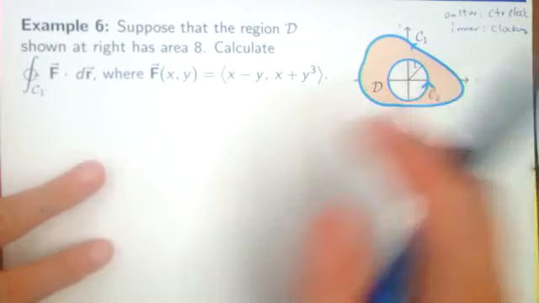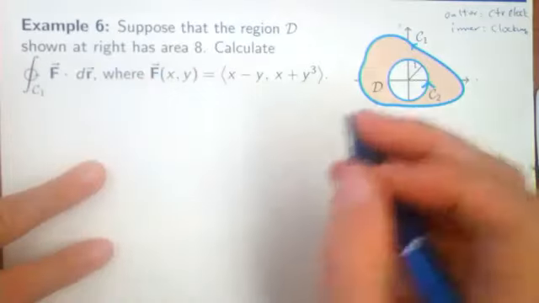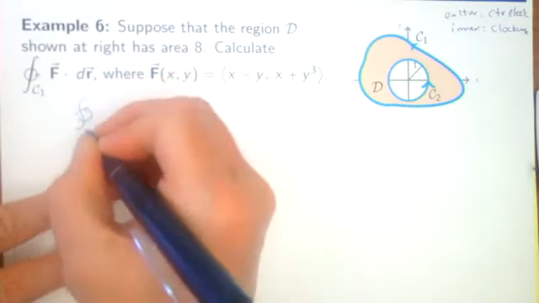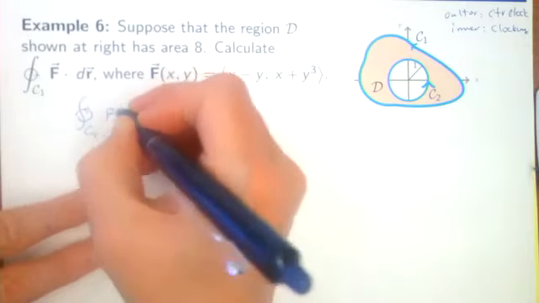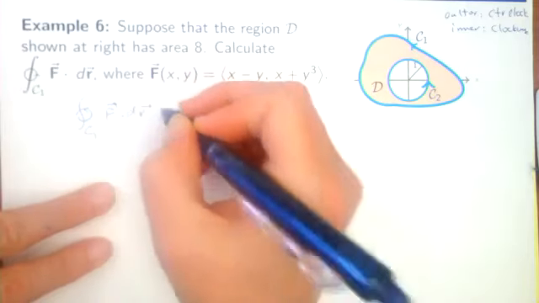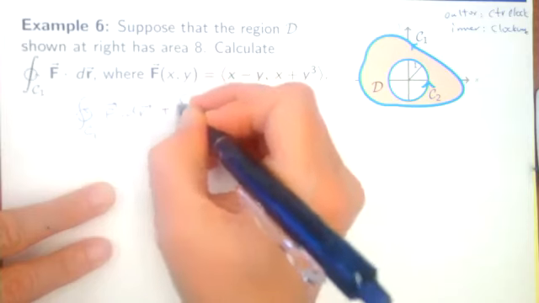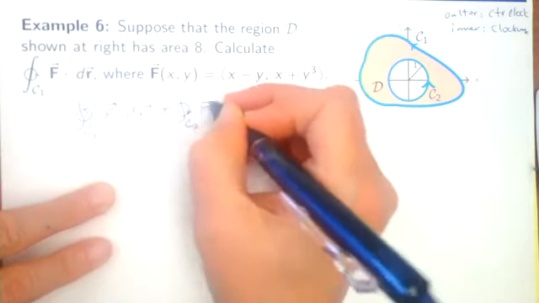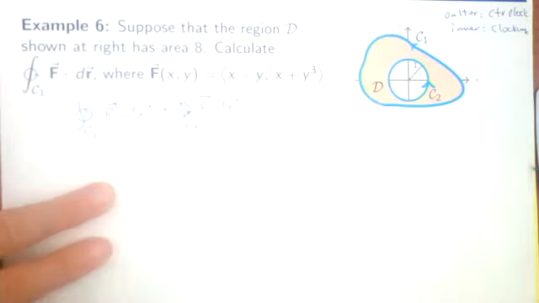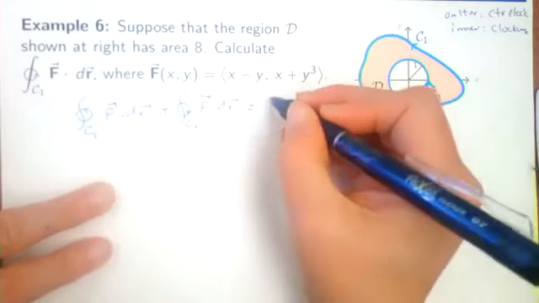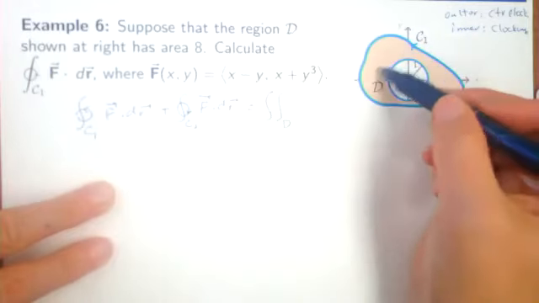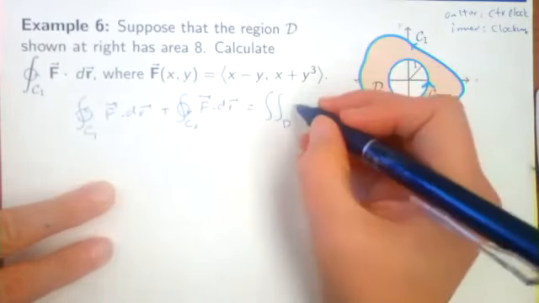Therefore, according to what we explained, what we need to do is basically add the integral of F dr on C1 plus C2 F dr, and this is going to be equal to the double integral on the region, the shaded region D,